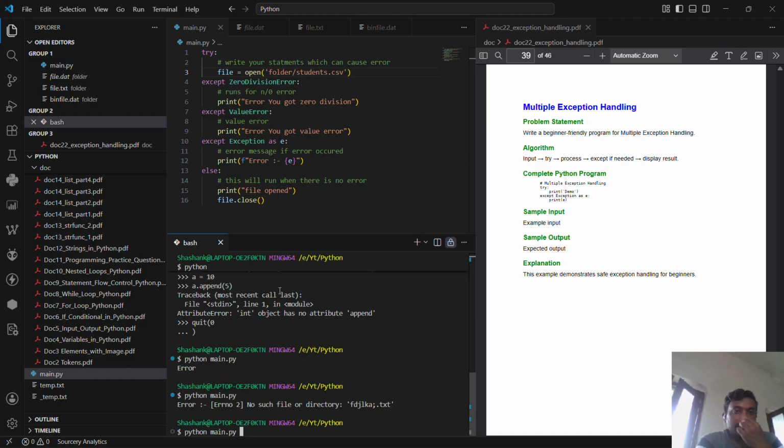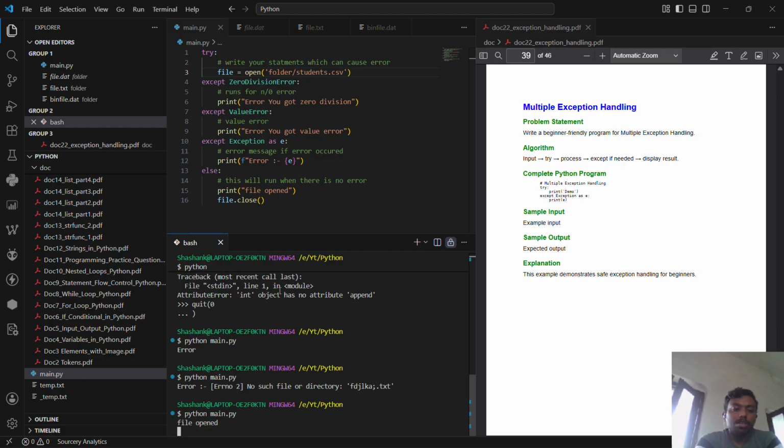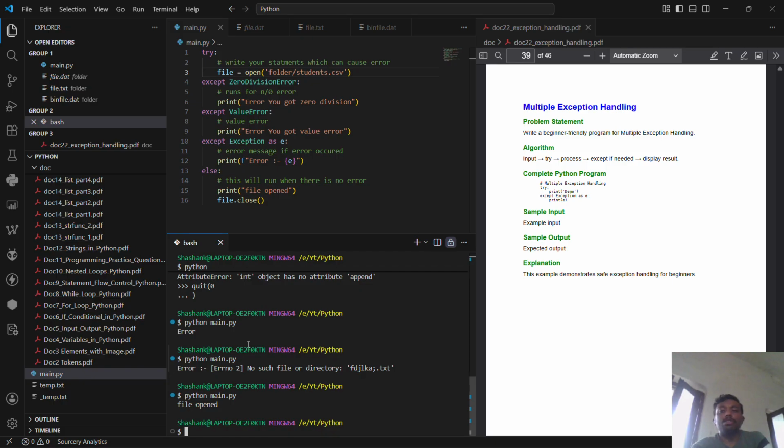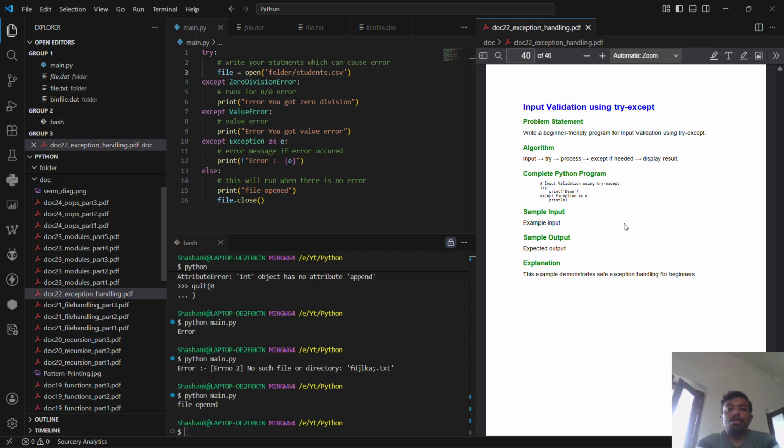Why? Because I have a file in the folder, and after it student.csv. So in this case I got the file open. In this way you can use the exception for your file handling. Now,